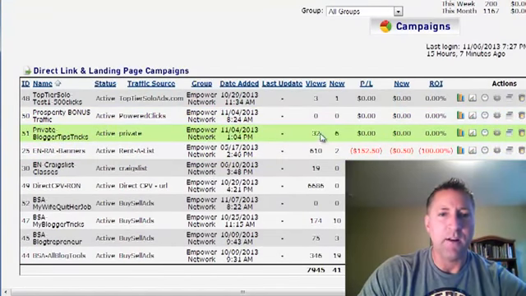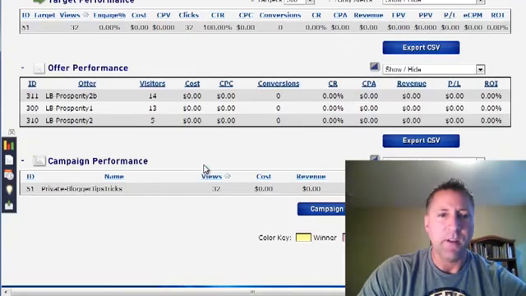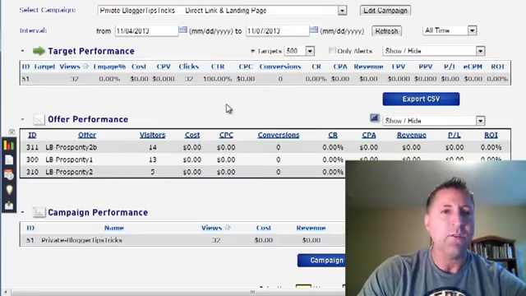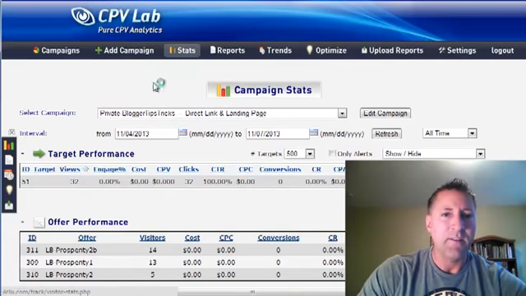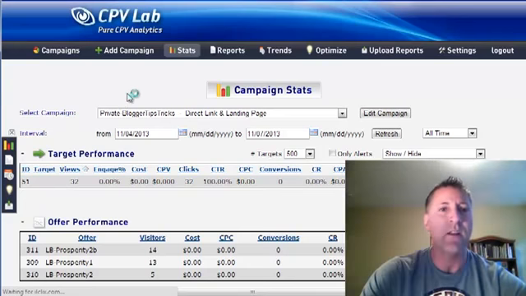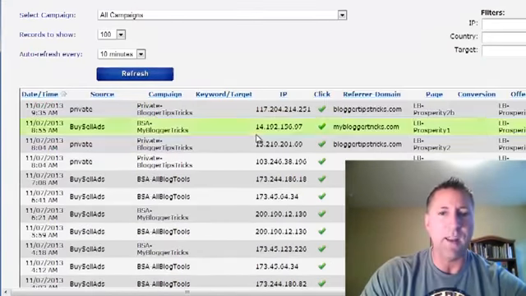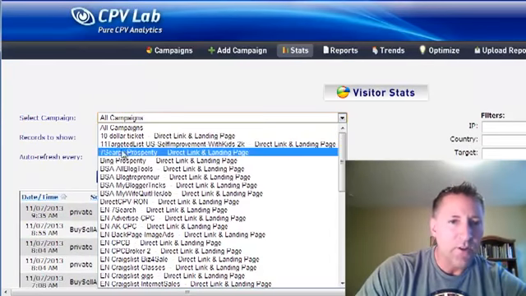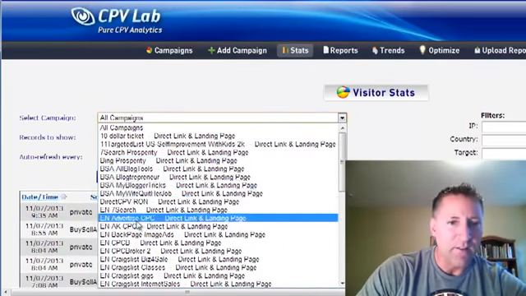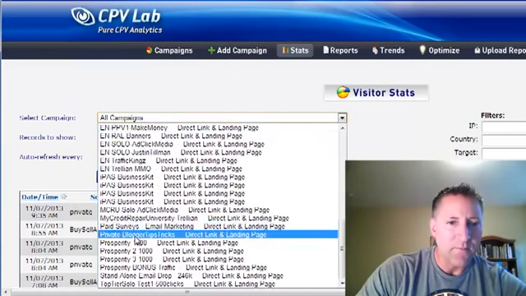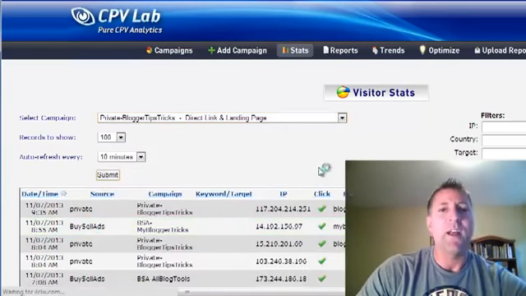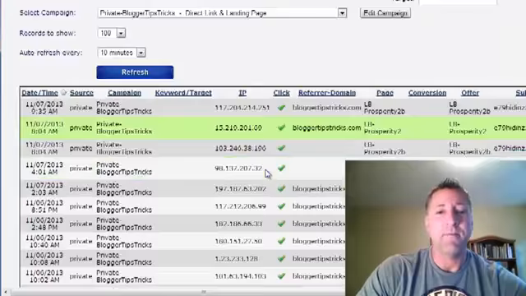It's this one right here, and this is back in my tracking software. And we can go in here and see that it's run, 14 clicks there, 13 to that one, and 5 to this landing page. So we're getting traffic, but when I go into the visitor stats now and I look, because again, according to him, 98% of his traffic is United States. So what I should see, if he was right, is mostly US traffic, right?